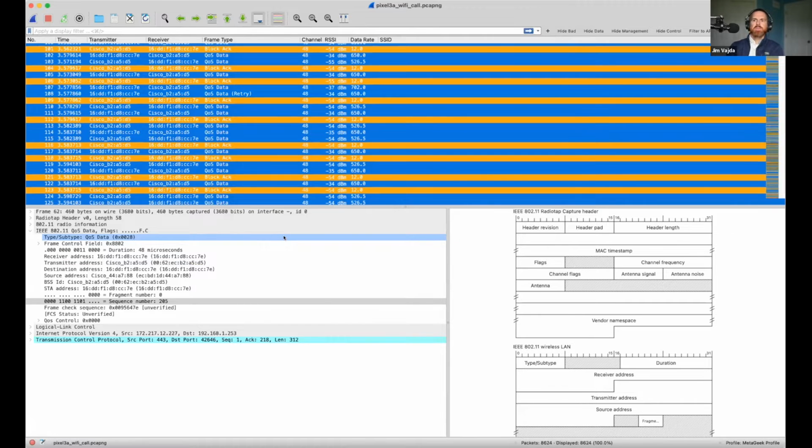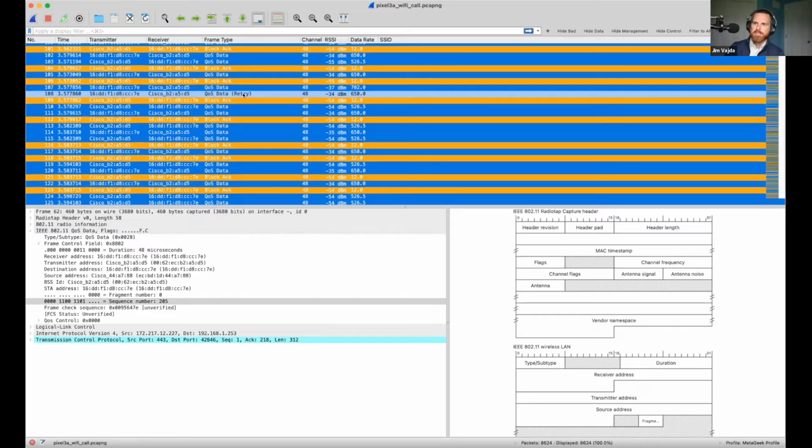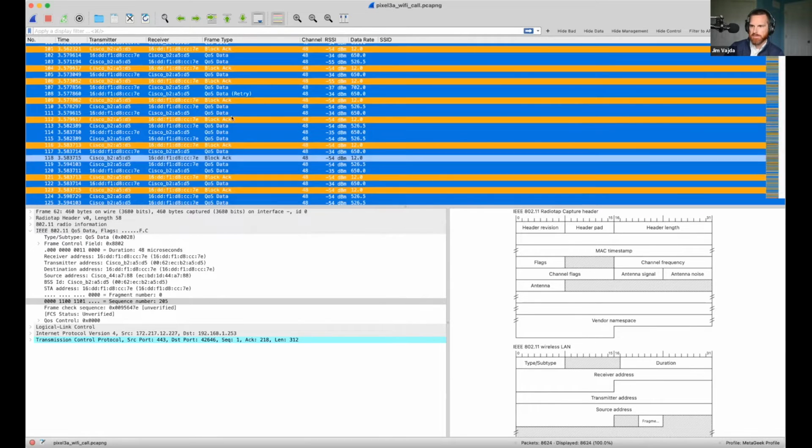Another thing I'm going to do, and this is just personal preference. By the way, these are all just my own preferences. You can configure this however you'd like. But another thing I'm going to do is change one coloring rule, because what you can see